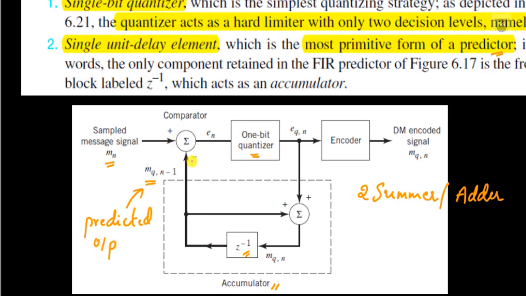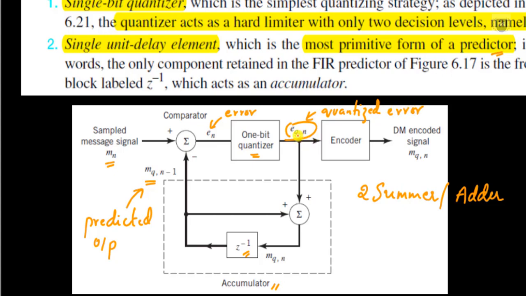Here we subtract these two signals, and after subtracting we get an error value, which will be sent through this 1-bit quantizer, where depending upon the sign of this e[n], we will have our output, which we call e_q[n]. We add the subscript Q in order to represent the quantized error. So this is no longer just the error, but we can call it the quantized error.